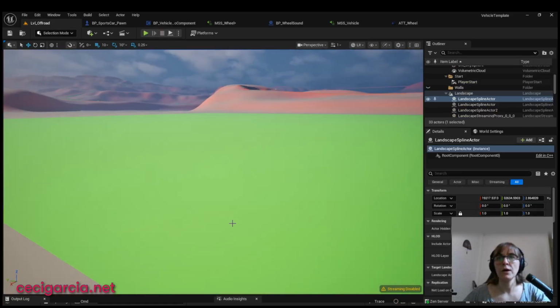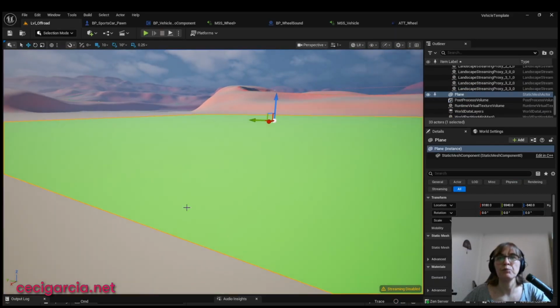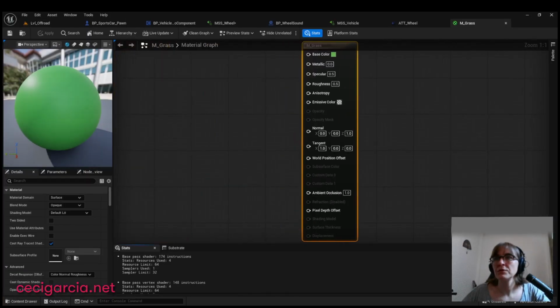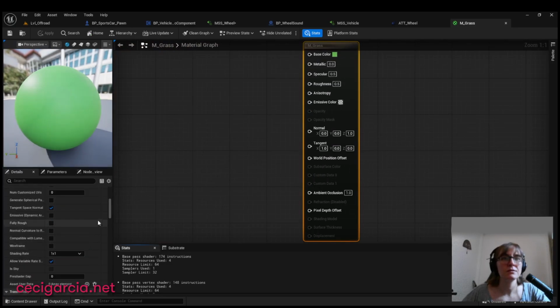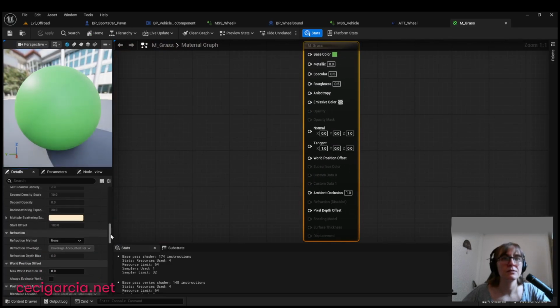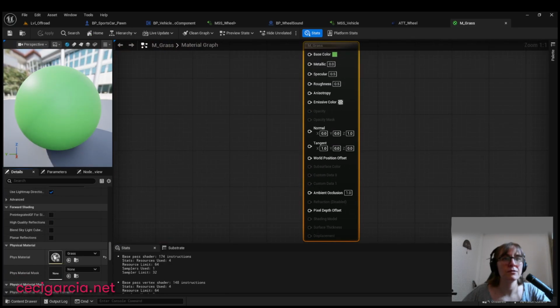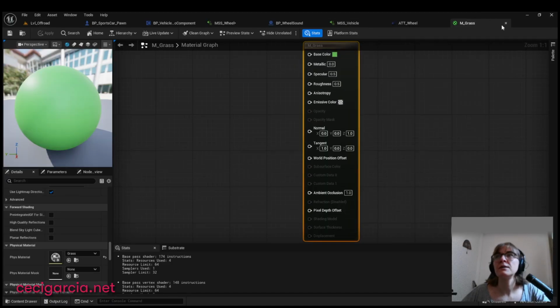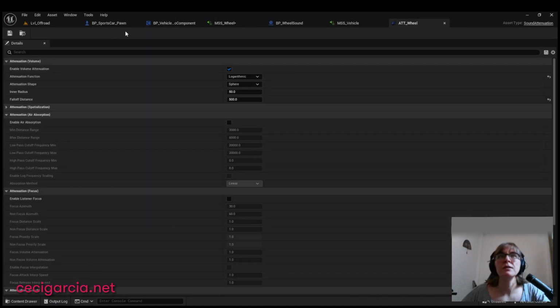So, well, to add a new material, I added this plane and material grass, and here I added the physical material I created called grass, and okay,